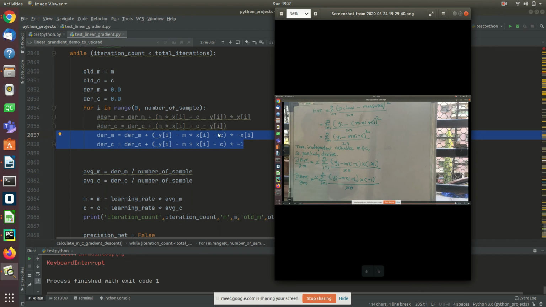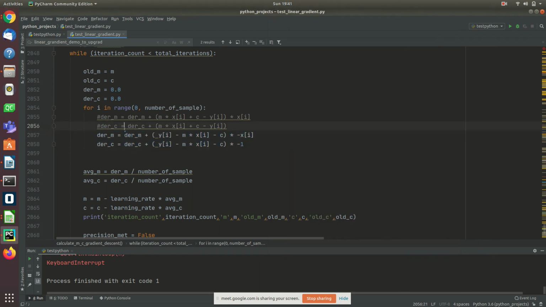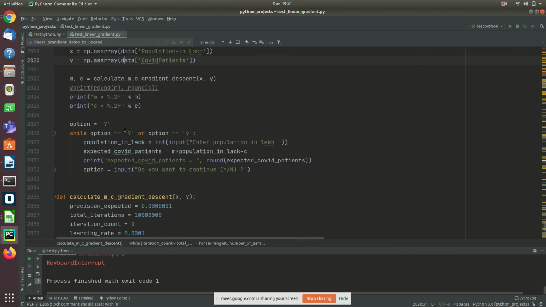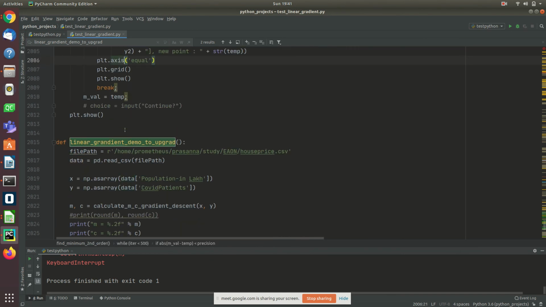This partial derivative exactly looks like this. When I do add, it means I am coming closer to my destination, coming closer where the slope is 0. Exactly this. These two lines are important; this is why we do all this hard work. So let me try to run this. It's an iterative method again.